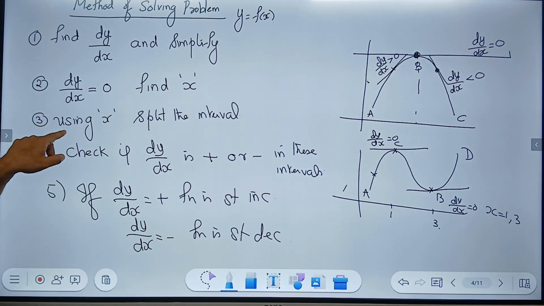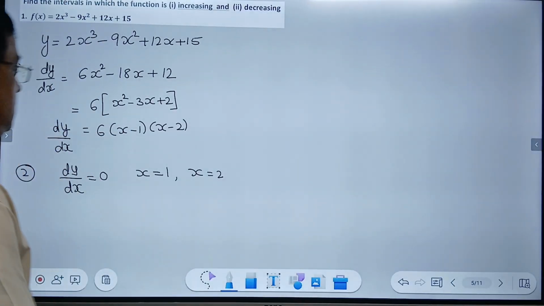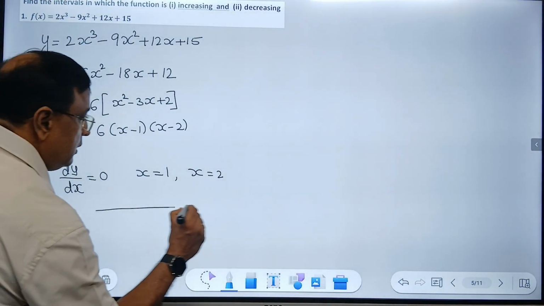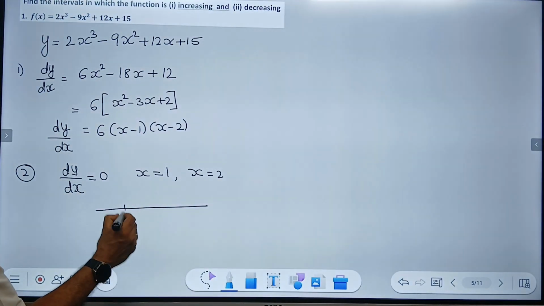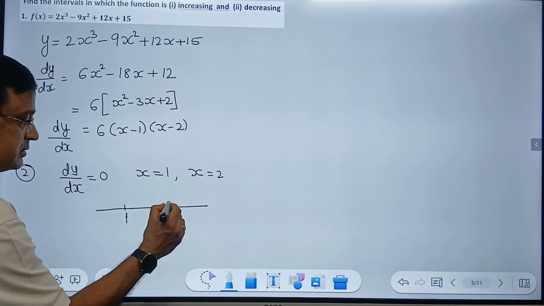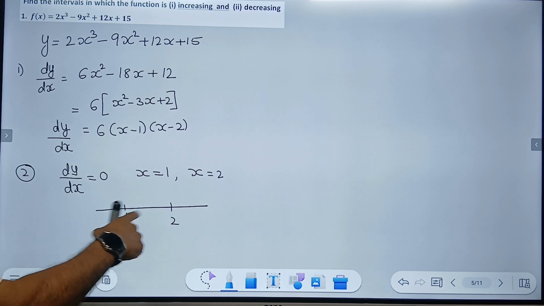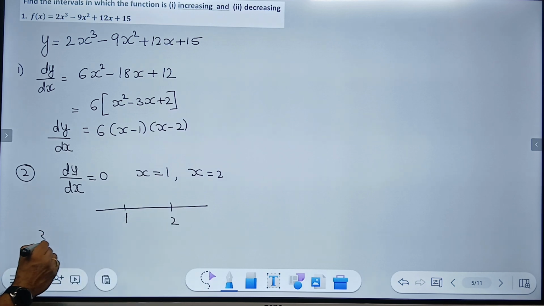Now what is the third step? Using this x, split the interval. Now how do I split the interval? Draw the number line. This is 1. Different people use different techniques. I like this method, so I am following this. I write it as 1 and 2. Okay, write it in proper order. Now the intervals are, third step,